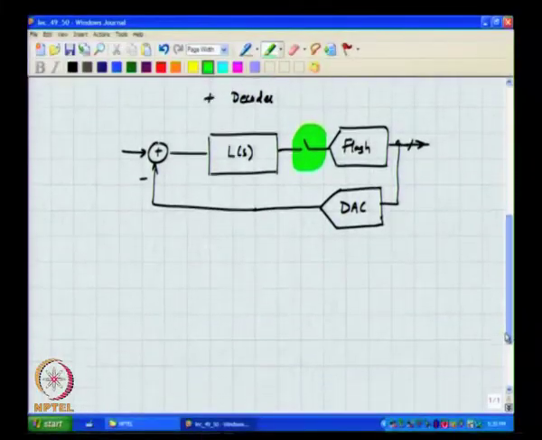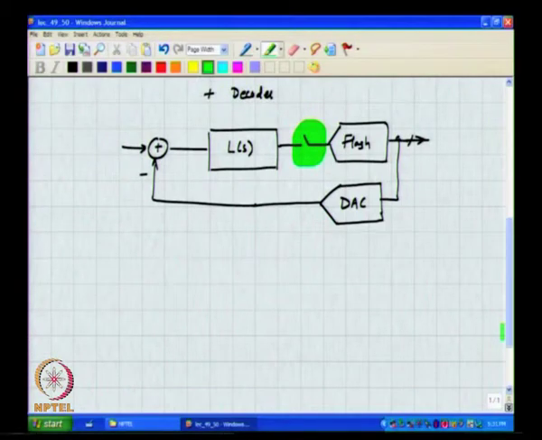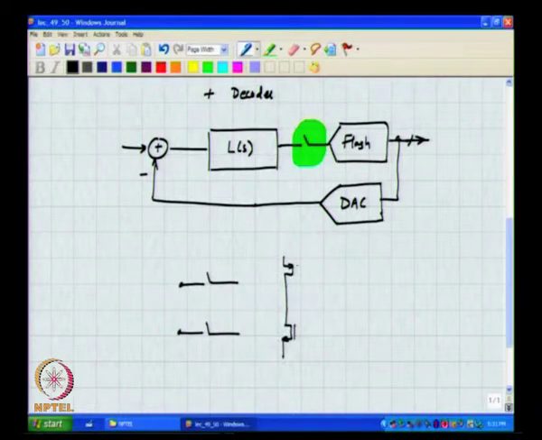So, there have been realizations where, in an attempt to simplify the comparator, one just does not bother with a preamp at all and simply uses the latch. Again, I would like to bring to your attention that several possibilities exist for the latch. It is not necessary